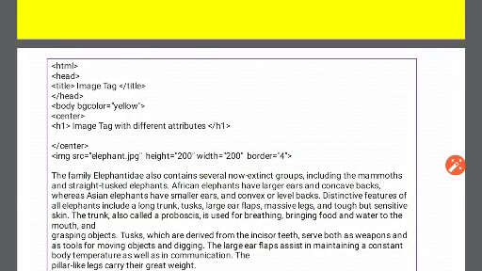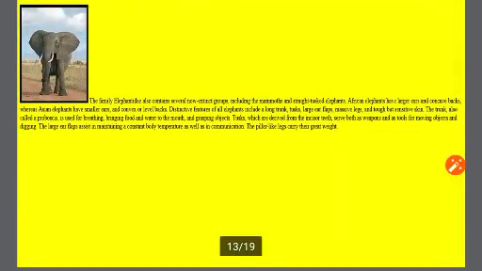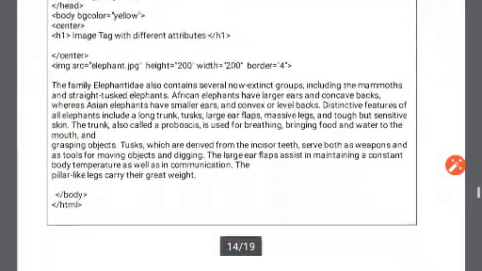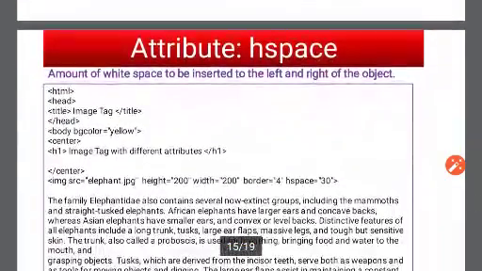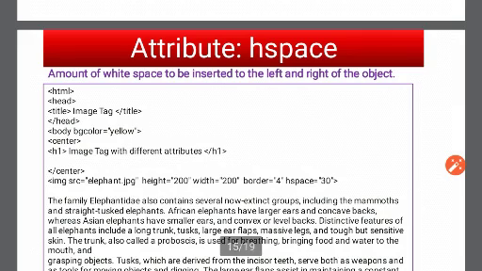But listen, suppose you have got an image and you want the text should not be congesting with the image. It should not be that much congested. So for that, we have hspace and vspace as the attributes to do the settings properly. So hspace, as we have already discussed, inserts some white space on the left and right of the object.